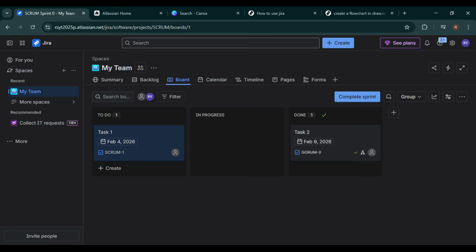By the end of this video, you'll be able to install Draw.io, add a diagram to a Jira task, and